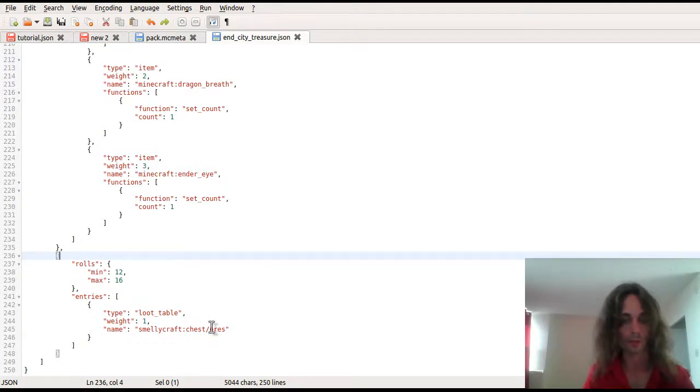I want you to try it this way because I think it's the best way. I can't see a drawback. It's using a separate loot table here. It's in my namespace Smellycraft under the chest folder in the ors.json file. Now,